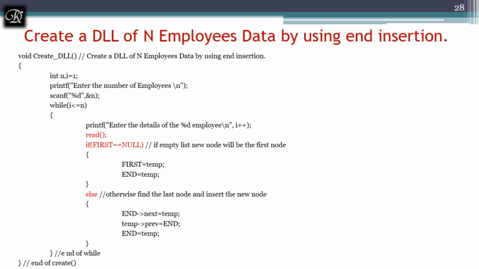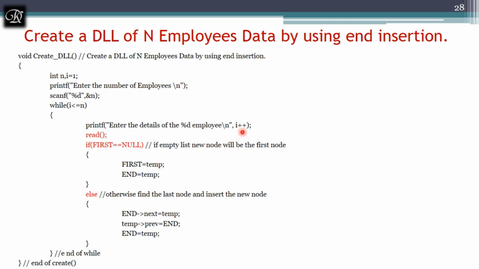And the first case of the program is to create a doubly linked list for n employees, and you should perform the end insertion. End insertion operation we have already discussed. We have to use that code along with an n loop. So first we'll be asking how many employees you want, and that will be stored in the n. And until this n is achieved, we keep on asking to enter the employee details, call the read function, perform the insertion at the end, and update the i value.